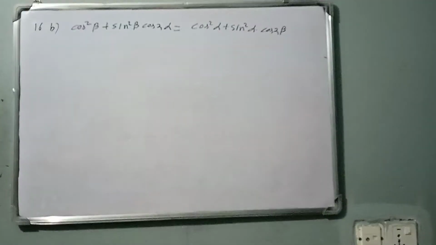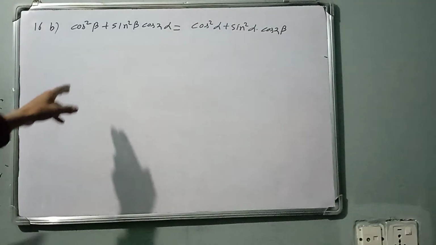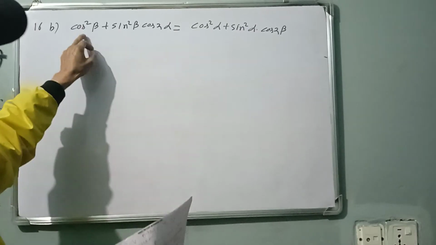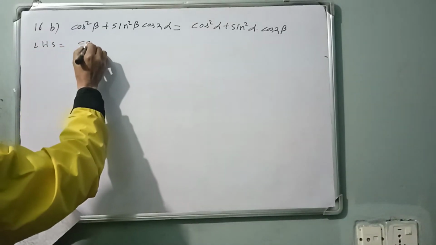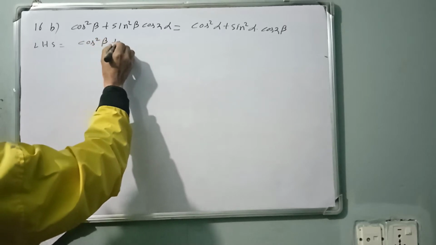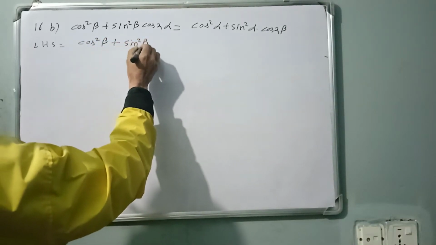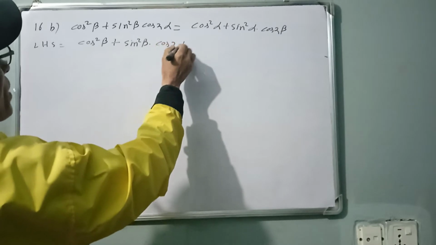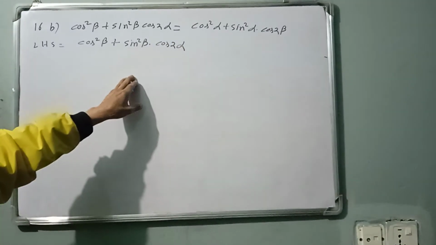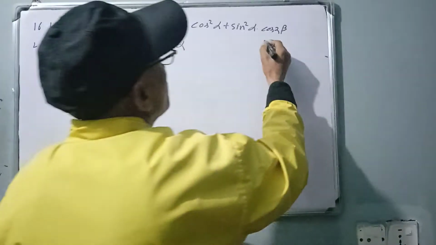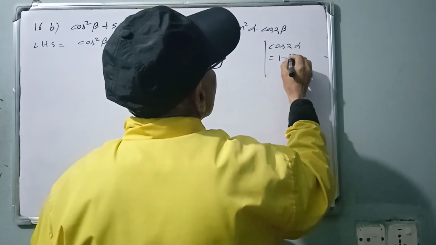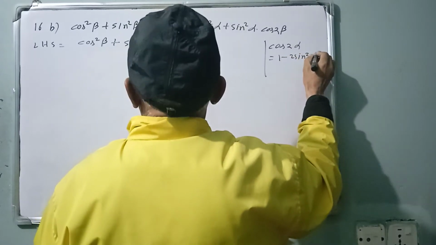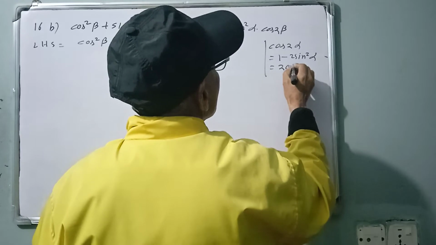Again, cos 2 beta has two formulae. Which formula should be written here? First of all, write left hand side: cos square beta plus sin square beta into cos 2 alpha. Now which formula should be written? Cos 2 alpha has two formulae: the first is 1 minus 2 sin square alpha, the second is 2 cos square